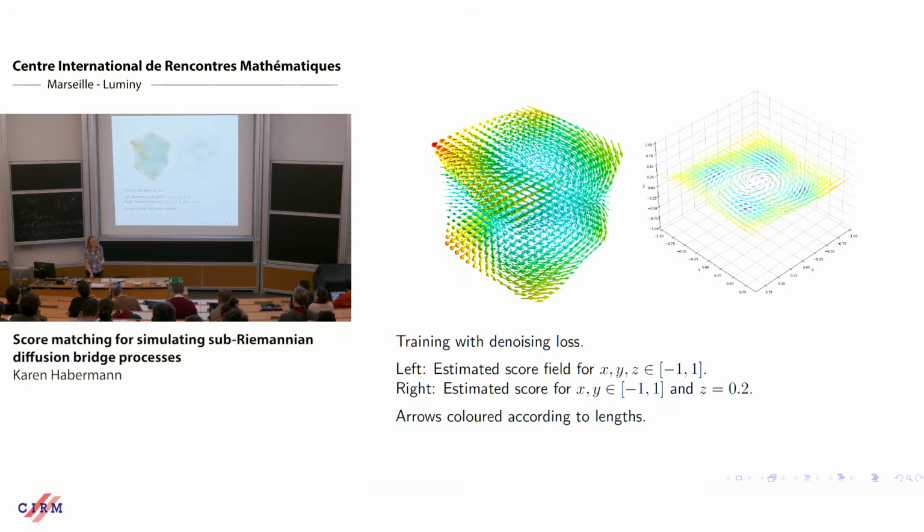And then in here, this is the approximation where we use the denoising loss, where we use these adapted coordinates to get an approximation for the small times. And that was the reason why I've written down the second approximation, because we then know what the score does for these very small times. So we just have to do it a lot of times and sum these things up. And then you notice that here you don't have the outliers as you go far away. And again, you see how this score field learns the underlying geometry of the space.